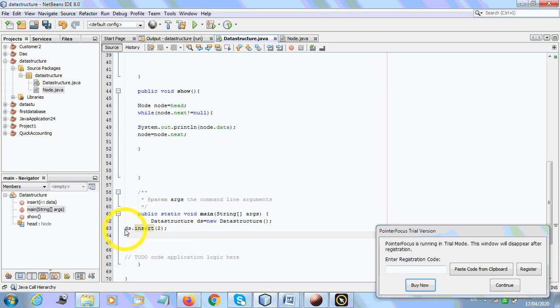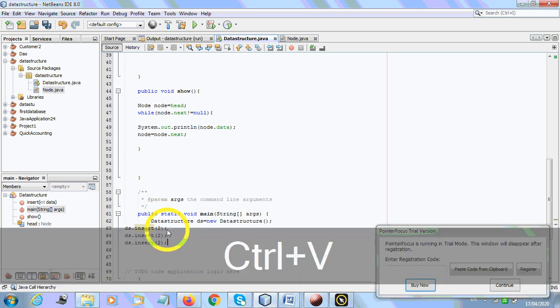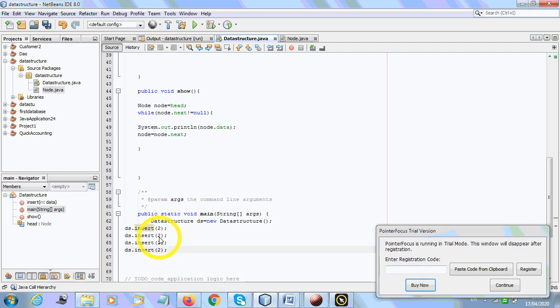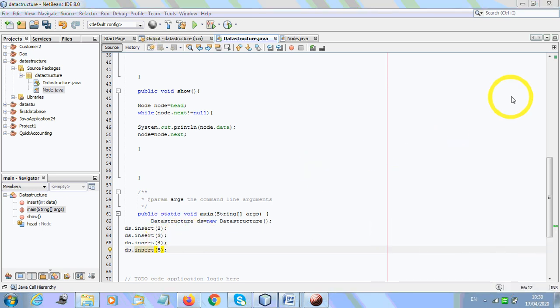See, we are going to see the generics also. How we are going to apply the generics in this one. So let me add 2 to 3 more data. Okay. See what is happening there. So we have 3. We want to insert this much data in our linked list. Okay. This is our linked list. I am going to insert 2, 3, 4, and 5. Good. Now see what is happening there.